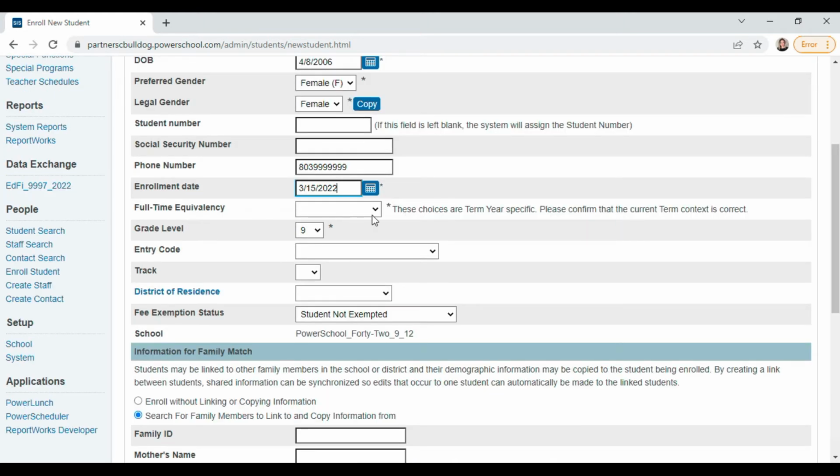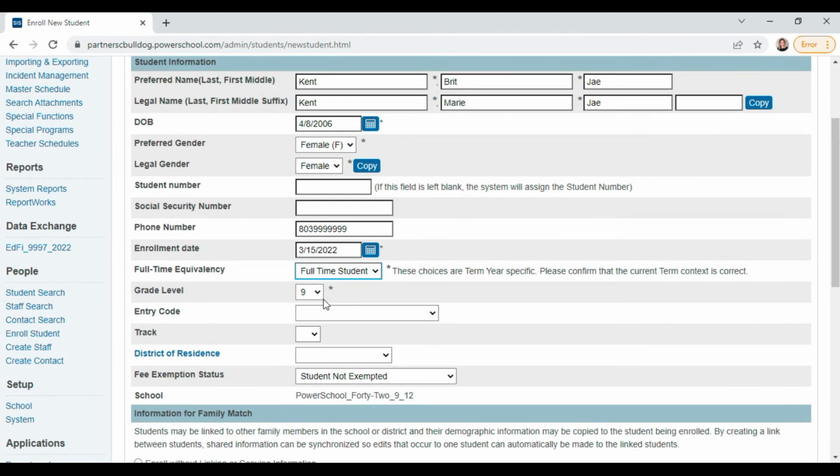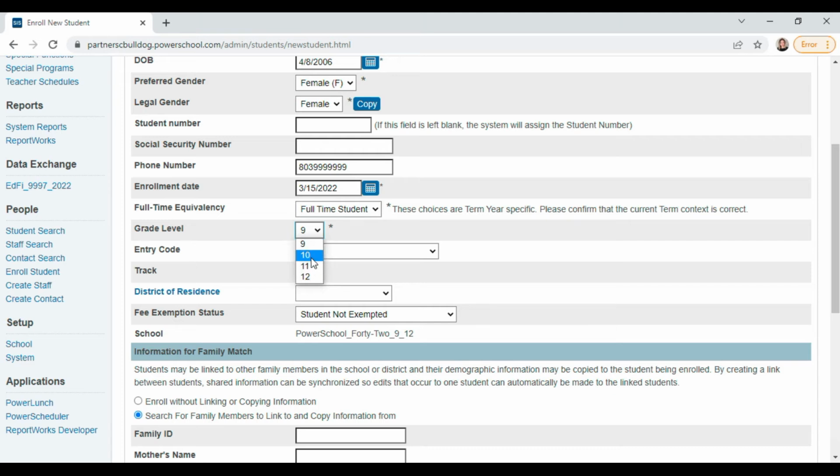Okay, for full-time equivalency, this is required, and you'll have one option in South Carolina, full-time student. All right, for this student, could be 9, why don't we say 10 for this student. Entry code. I'm going to go ahead and select E, eligible for state funding. A word on entry code here. If you're not sure which students will be in EEI status or not eligible for state funding that you see right here, remember that you can reference the latest South Carolina Pupil Accounting System document from the South Carolina Department of Education Office of Finance.